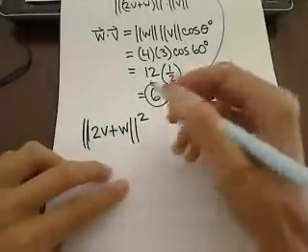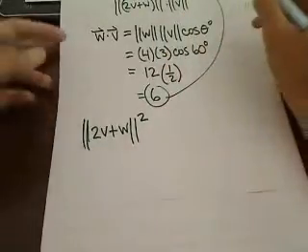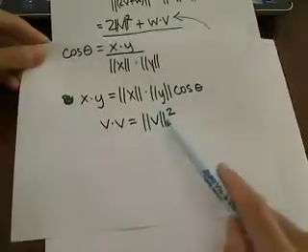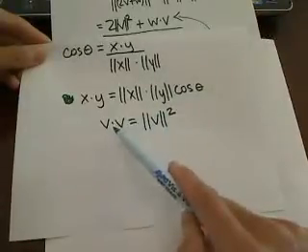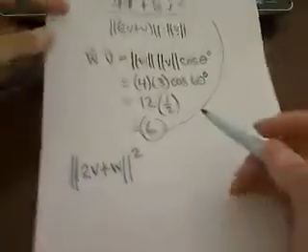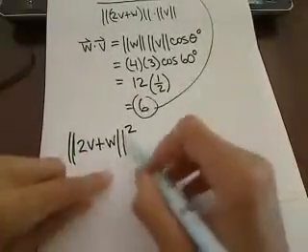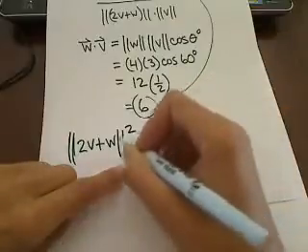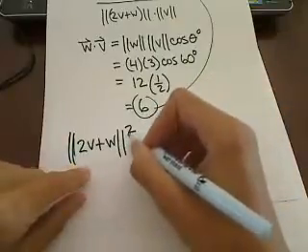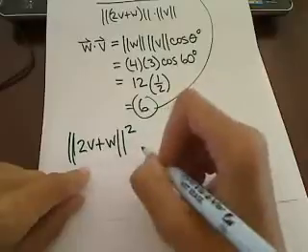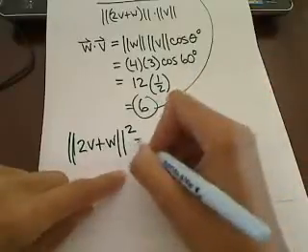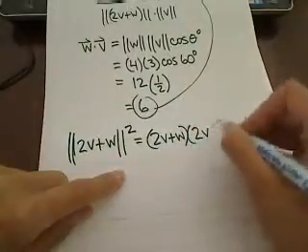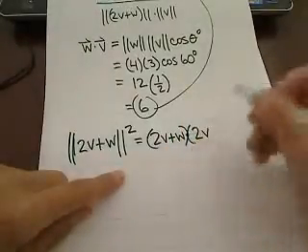The reason for that is it's the same property as what I used up here. If we have the magnitude of something squared, it's equal to the dot product. So I'm going to work with this to calculate it because I don't really have any other way to. We're not looking for the magnitude squared, but when we get down to this, we can take the square root of both sides, and that'll help us solve this. Okay, so this we know is equal to the dot product, whoops, there should be a dot right there,